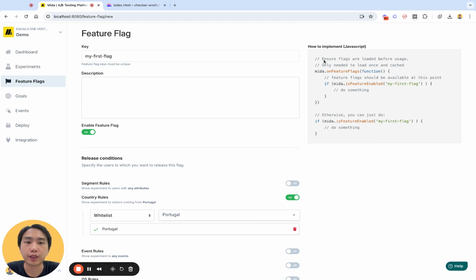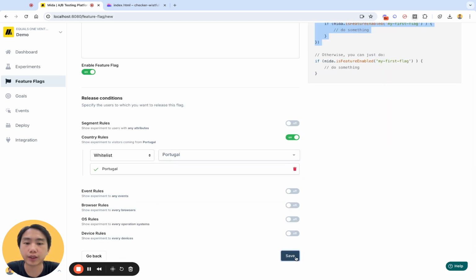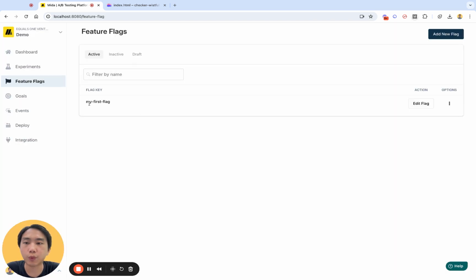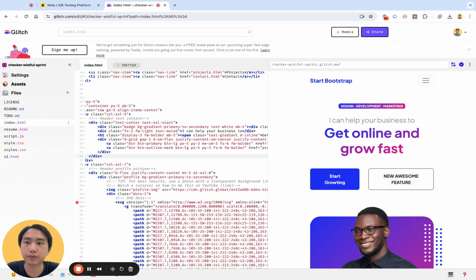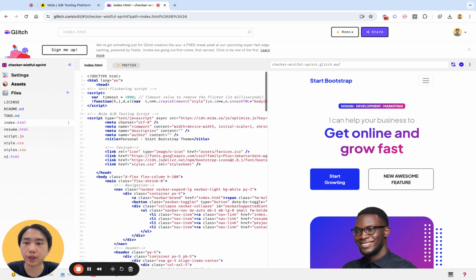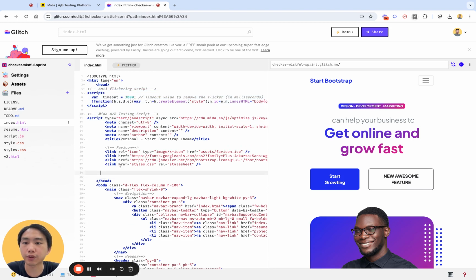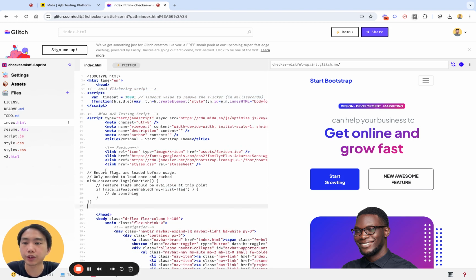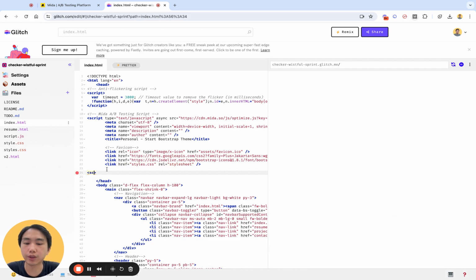So, and then after that, you just copy this code right here and save it. Now we have created our first feature flag, which is called my first flag. Now come back to the website. So right here, all you need to do, first of all, you need to include the MIDA script. And then second of all, you can just include the code script,